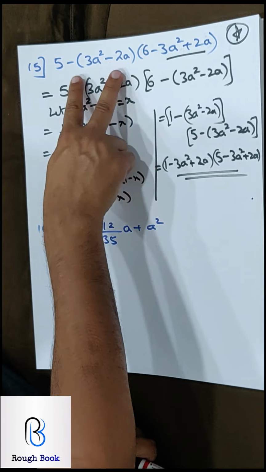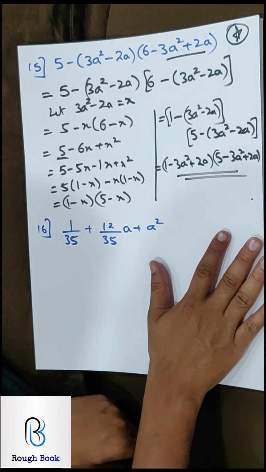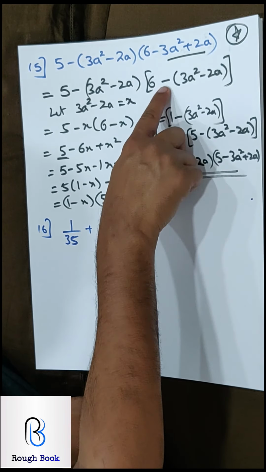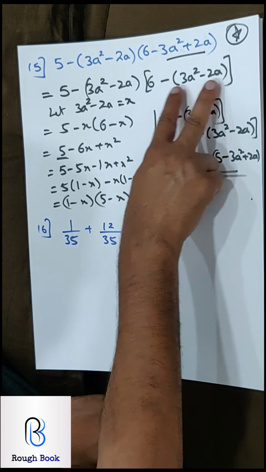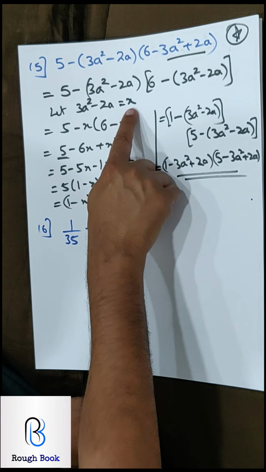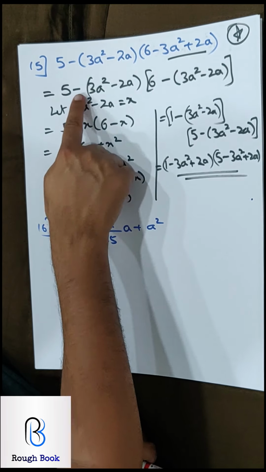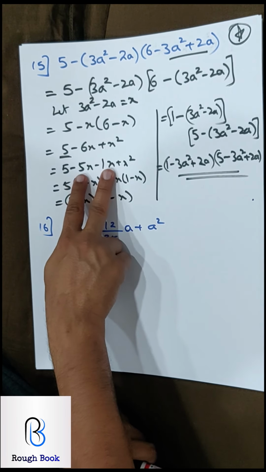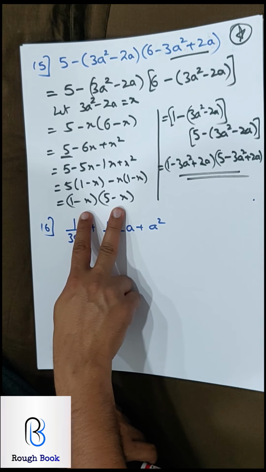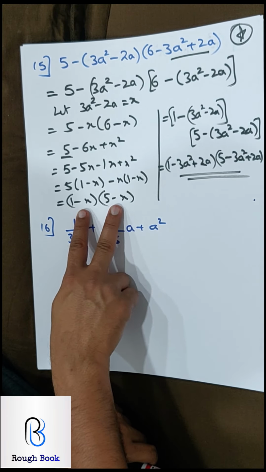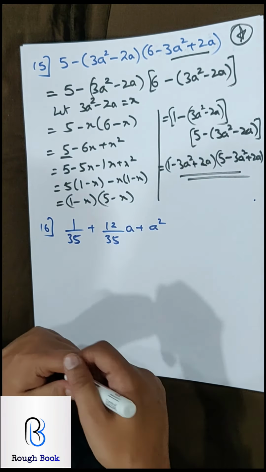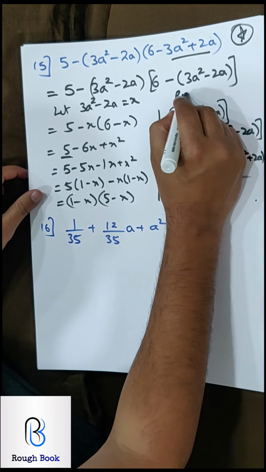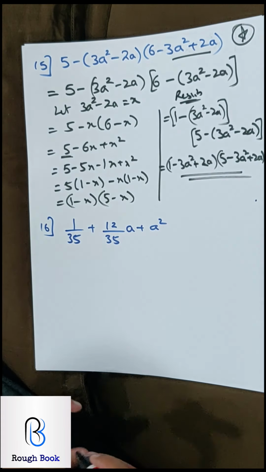Don't open this and then match it up, you will mess up the entire sum. Rather take minus here, put this in the bracket, then these two will become same, so let them be x. So this becomes 5 minus x, 6 minus x. Open the brackets, split the middle term, get the two factors. Once your factors are done, resubstitute it over here and mention it here, resubstituting. Alright, so you will never go wrong then.